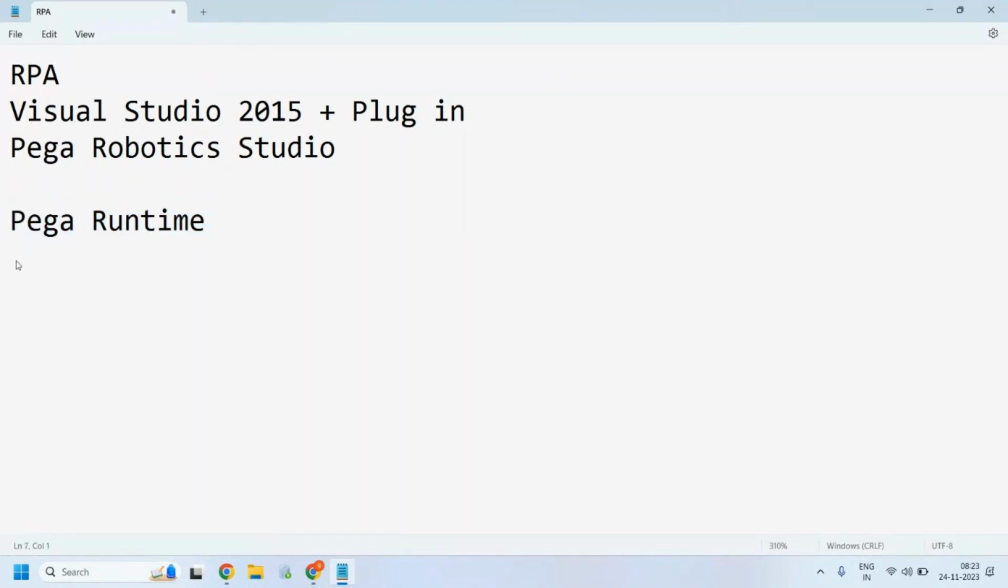Like this version, the current version in community we are having is 22.1. But whereas most of the